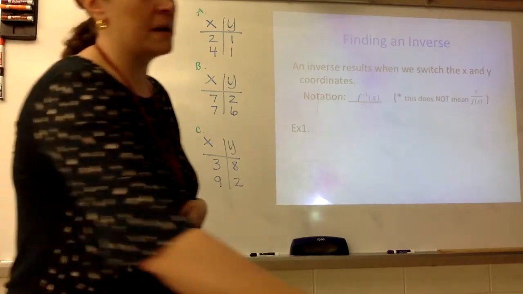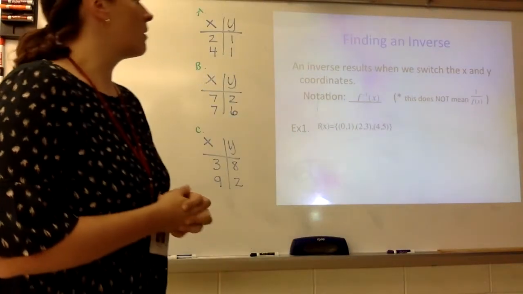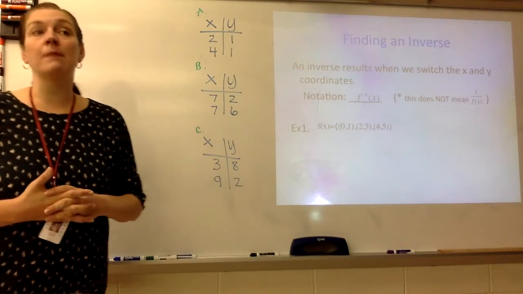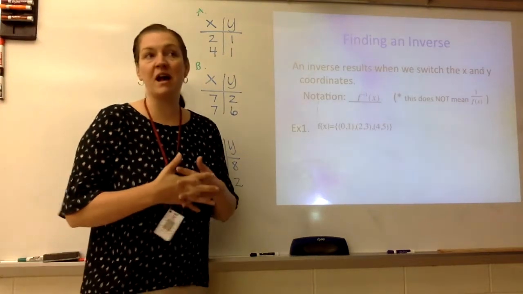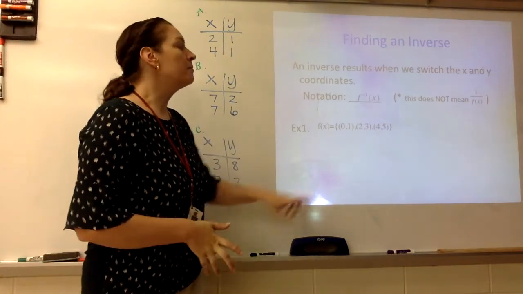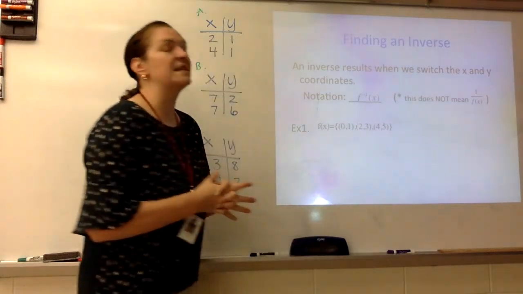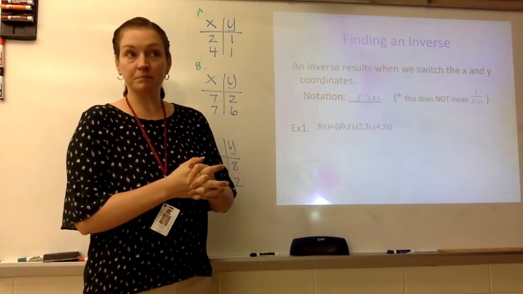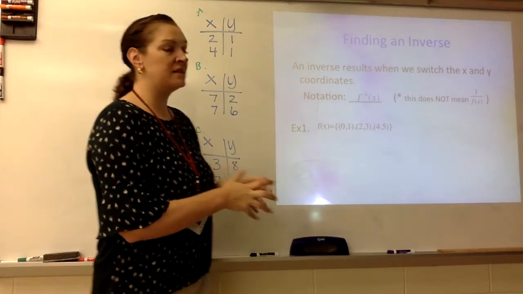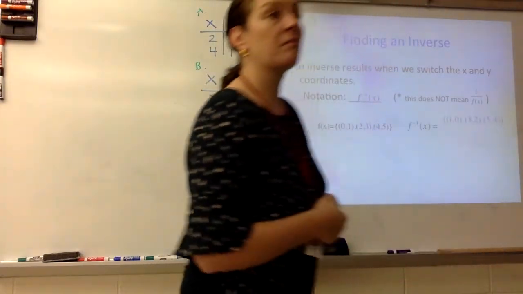So let's take a look at example 1. This would be the simplest type. You've probably seen this before. It's very concrete in terms of the numbers. You're given 3 ordered pairs. 3 ordered pairs in a set are known as a relation. If you are asked to find the inverse,